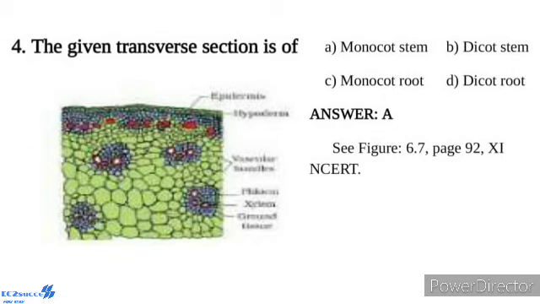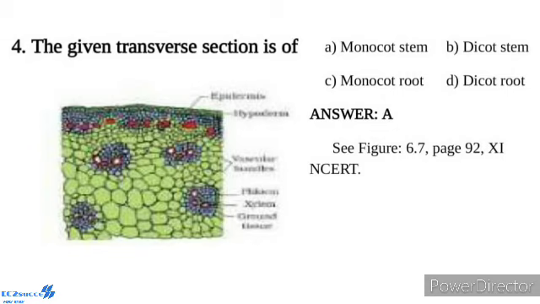Then, phloem. Phloem consists of sieve tubes, companion cells and few fibers. Phloem parenchyma is absent. Phloem is distinguished into outer protophloem and metaphloem. Then, xylem consists of vessels, tracheids, xylem parenchyma, and few xylem fibers. In each vascular bundle, xylem occurs in the form of letter Y and is endarch. Endarch means protoxylem lies towards the center of the stem.